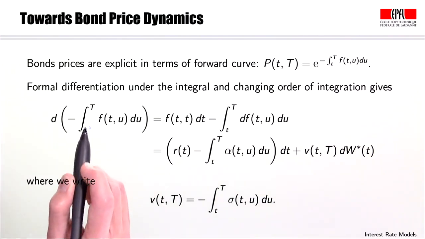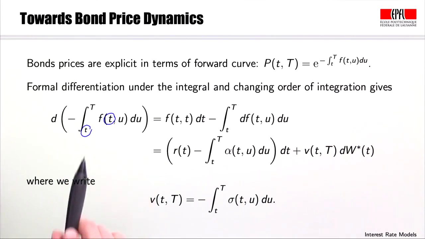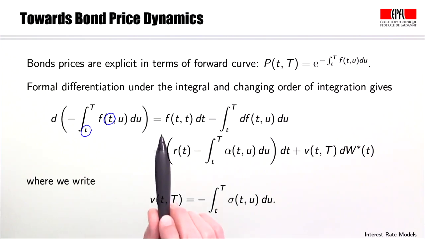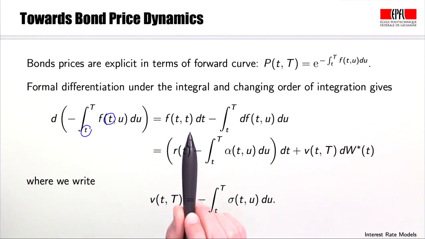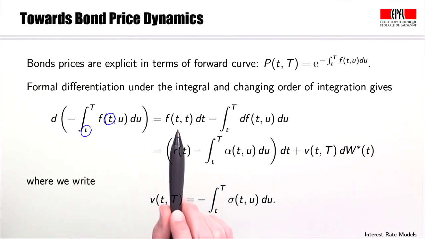We see that running time small t is showing up at two places, as an integration boundary and the time argument of the forward rate process. Formally differentiating under the integral sign gives us the integrand at the lower integration boundary, f small t, which by the way is just the short rate r t, as we are going to write here,